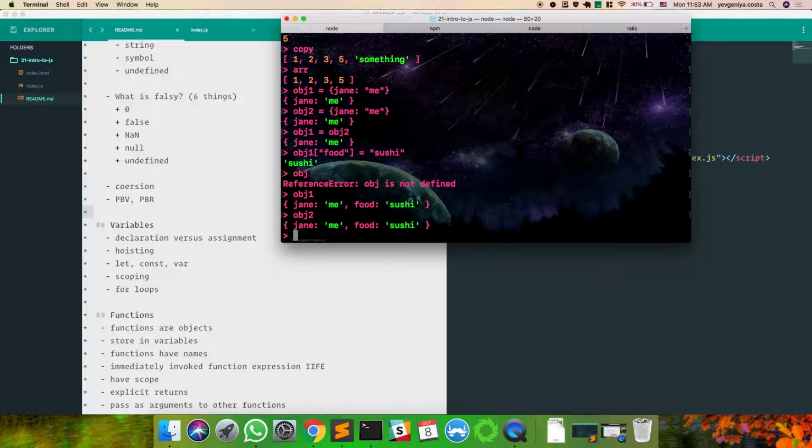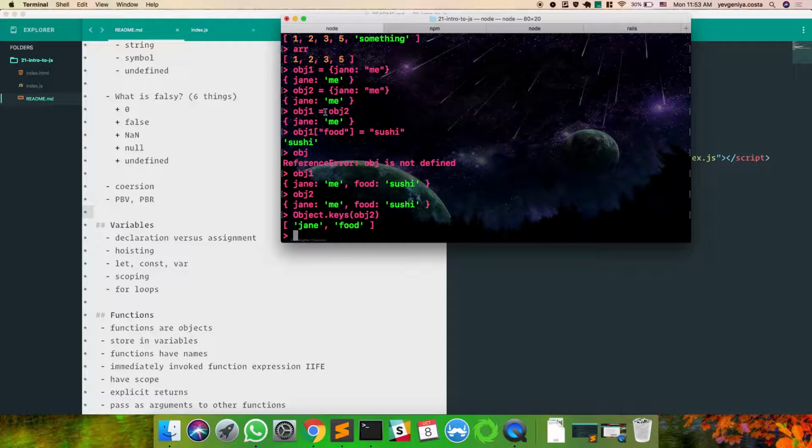An argument to what? To keys? Good. So again, this is a certain form of inheritance. There's this method .keys that lives on the object prototype, and then you pass it an object and you can see the keys. What about the values?